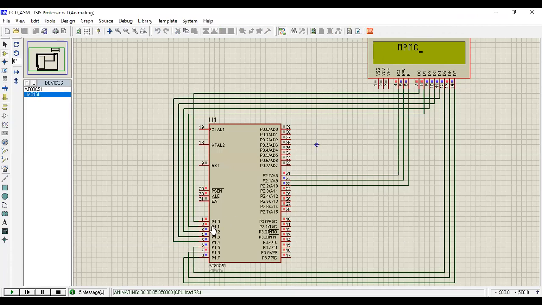So this is how, whatever program you write in the Keil software, you can simulate that program and see the output using Proteus simulation software. Okay, so this is how we can write the program by using LCD.